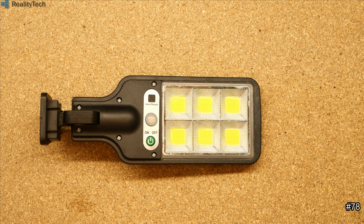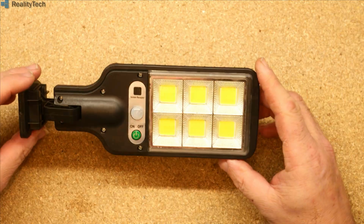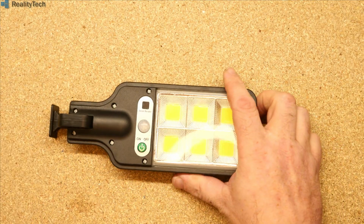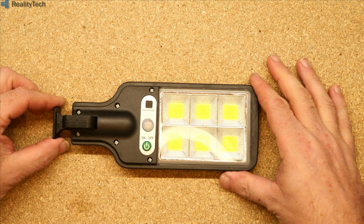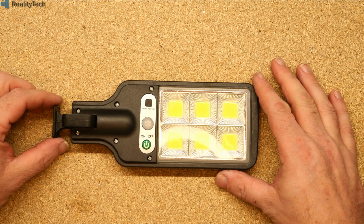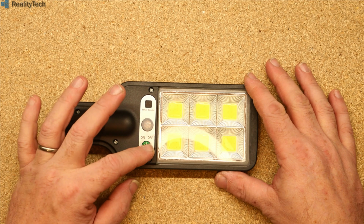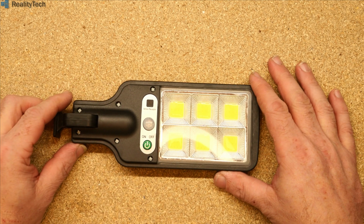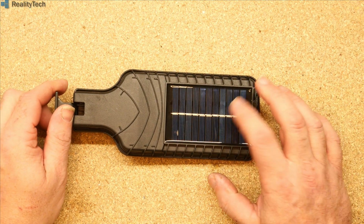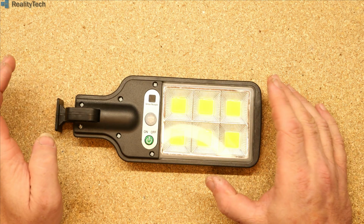Hi guys, quick one today, and I have this sort of solar powered lamppost thing. I bought a couple of these for a project with the intent of taking them apart and making them work in ways they weren't intended to. This one worked outside in the way it was intended for about a day and packed up. I don't think this solar panel is really up to the job, so I'm going to crack it open,